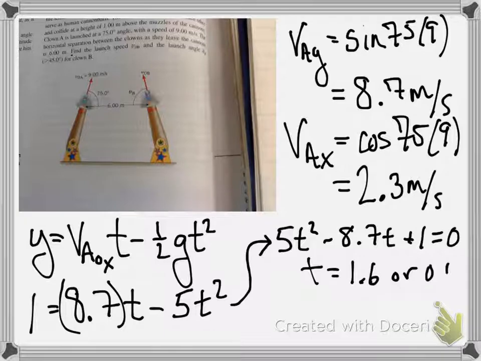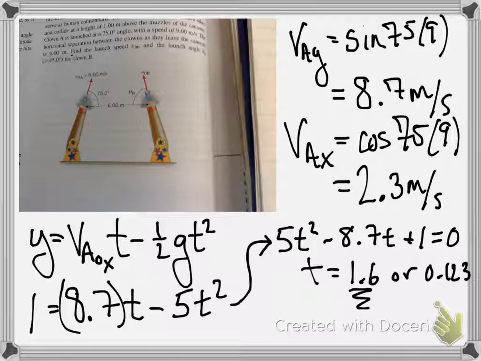quadratic here. If I use the quadratic equation, I get 2 possible answers. So it's going to go 1 meter in 0.123 seconds immediately, and then it's going to also, on the way back down, hit 1.6 seconds. So I'm going to choose that one. I'm assuming that it's on its return trip down at the second time it crosses 1 meter, which is 1.6